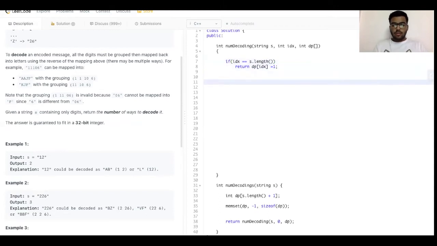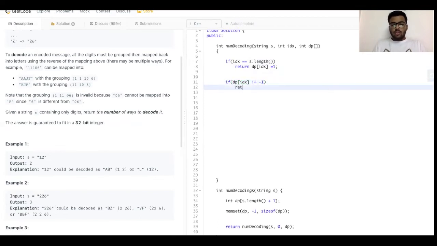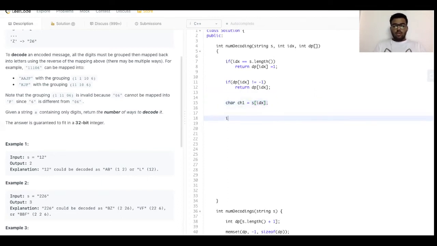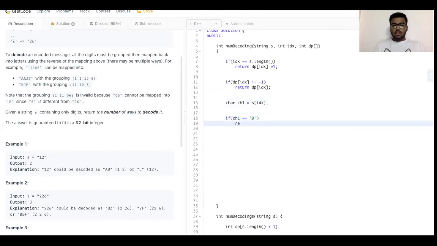Now if dp of idx is not equal to -1, then we return dp of idx. So if the dp is already filled at that index, we'll return it. And now we'll be creating a char of s at idx, and we'll check if the first element of the string is 0, then we'll return 0.